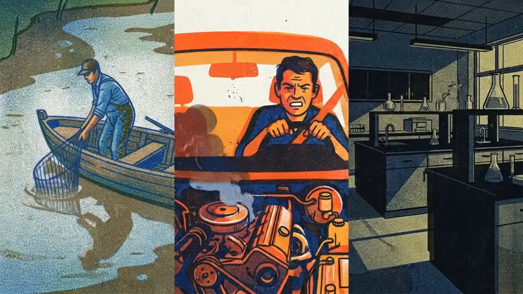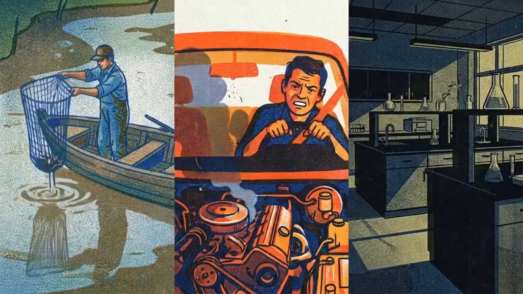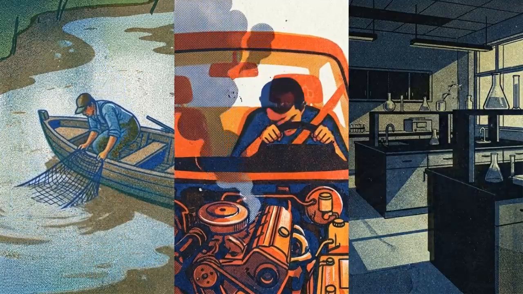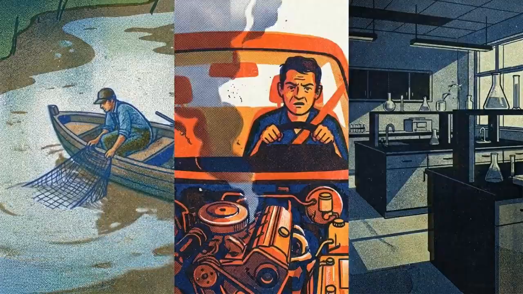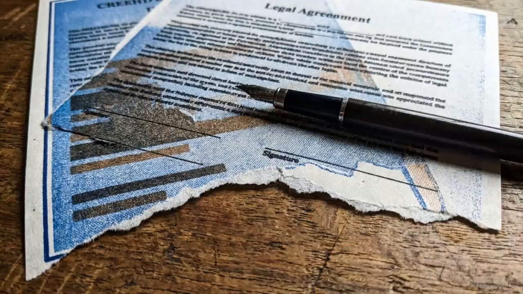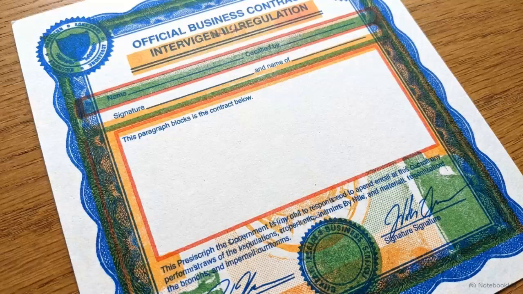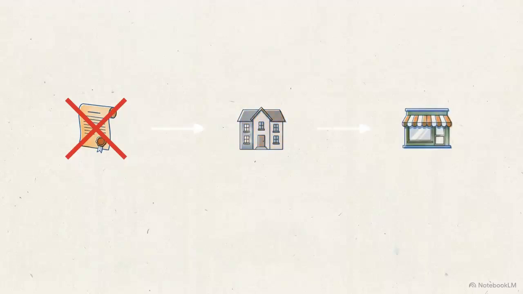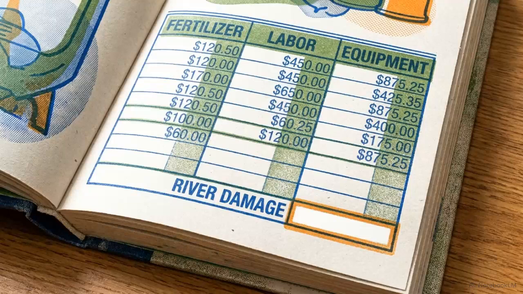These failures, destroyed fisheries, defective cars, and unfunded research all share the same mathematical root: information that the market cannot price. The origin of this failure is the incomplete contract. Contracts require verifiable information. Legally enforceable contracts cannot be written when data is asymmetric or hidden from one of the parties. Without a contract, property rights do not exist. Without property rights, a market cannot form. There is no market for clean river water, so that cost remains external to the plantation's ledger.